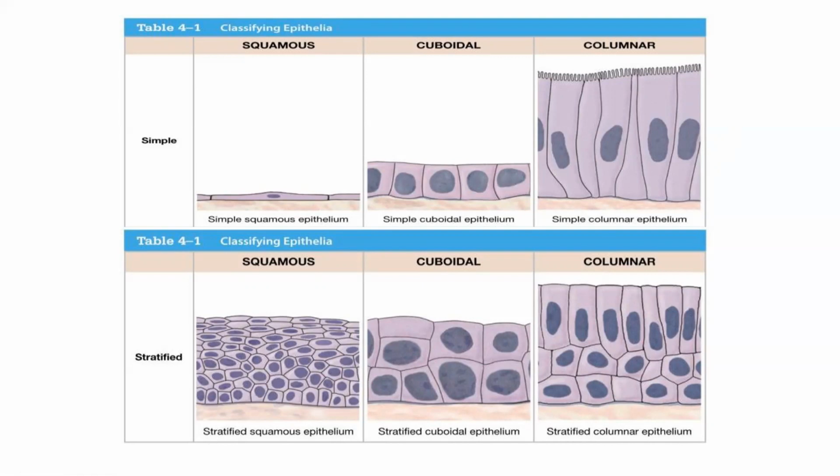Next question we ask ourselves is, what type of cells or what shape the cells have? In anatomical terms, this is referred to as cell morphology, and you only really have three types to choose from. They're listed on the slide in each of these columns. So the first is squamous, and how I typically remember squamous is that these cells look squished, looks like they've been packed down nicely, so they have more of a squished appearance. This is squamous